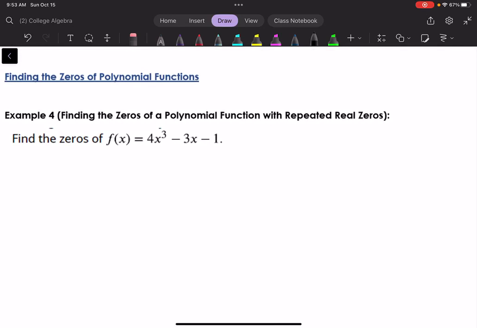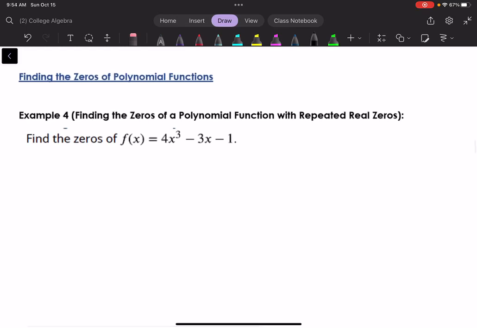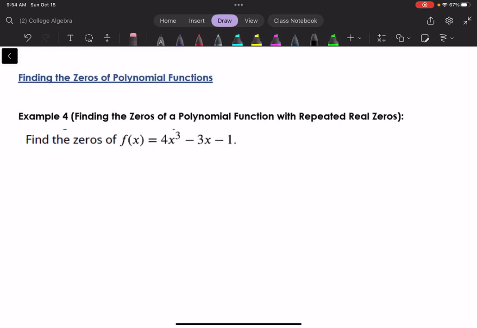Again, we have to implement the PRZs in order to get started here, because there are no normal methods that we can use to factor this. So let's identify P is 1 and Q is 4. From those, we can generate our factor list. That's 1, and this is 1, 2, and 4. So our list of PRZs,